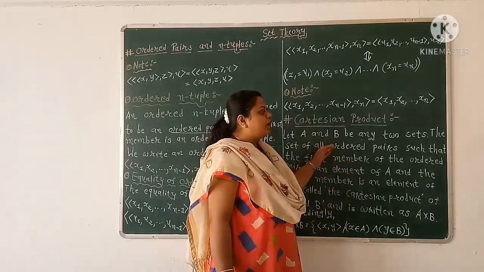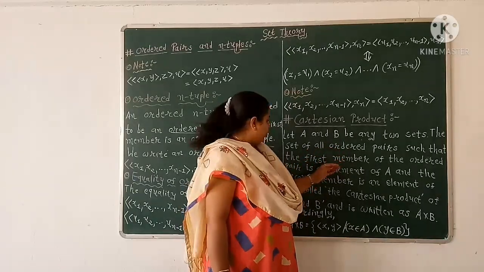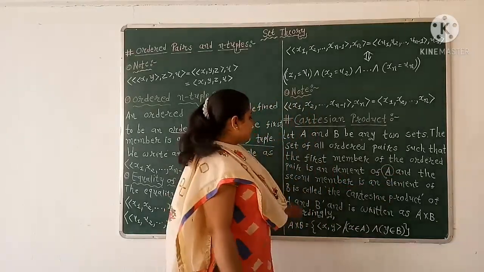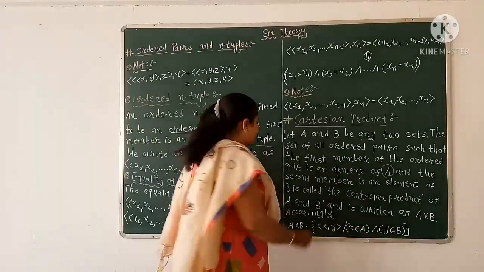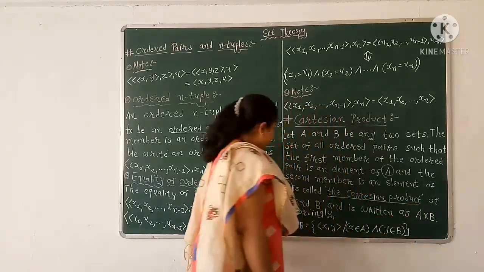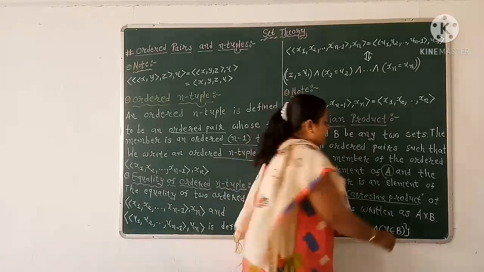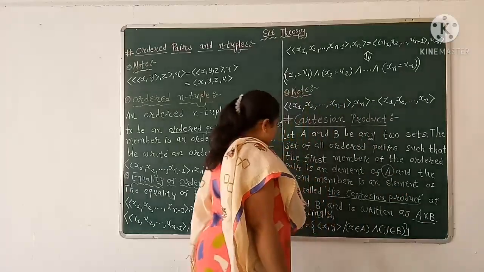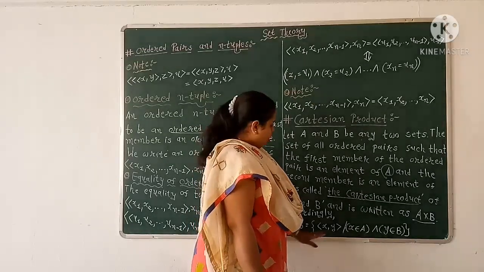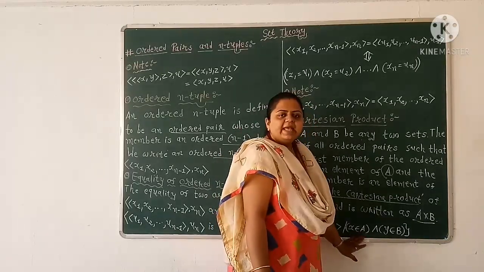The set of all ordered pairs such that the first member of the ordered pair is an element of A and the second member is an element of B is called the Cartesian product of A and B and is written as A cross B. Accordingly, A cross B is equal to the set of ordered pairs (x, y) where x belongs to A and